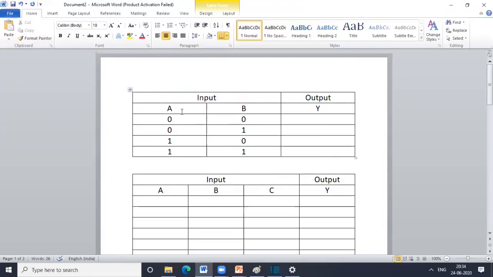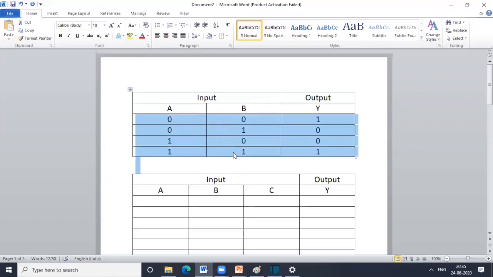Okay, so this is the input column of the truth table. In the output column, you have to write the output which corresponds to each input combination. So for example, in some digital circuit, suppose if inputs are 00, then output is suppose 1, then here suppose 0, 0, 1. Let's try to understand that. I have written random values here. The values in this output column will depend upon the digital circuit that you want to design. Here we are not talking about any specific digital circuit, so that's why I have written random values. But the input combinations should be in this sequence only.